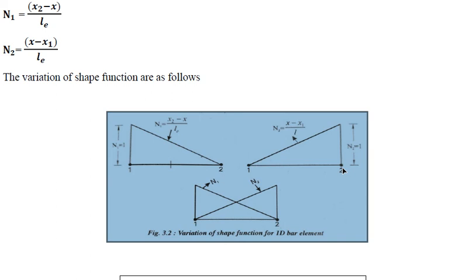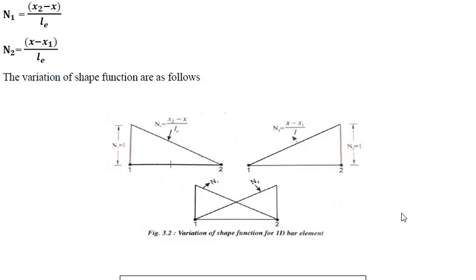This everyone has to write at the end of the derivation. If the question is asked to derive with respect to natural coordinates, once again it is the same as the set of bar expressions which you have learnt already. In place of u, you will be replacing phi. In place of E, you will be replacing G. In place of A, you will be replacing the polar moment of inertia J. This is about the shape function of a torsional member.